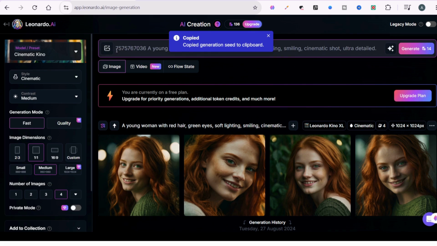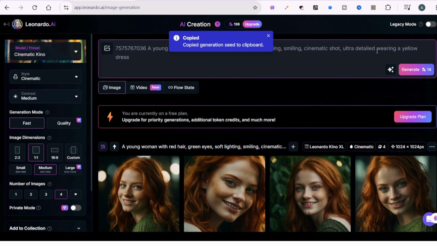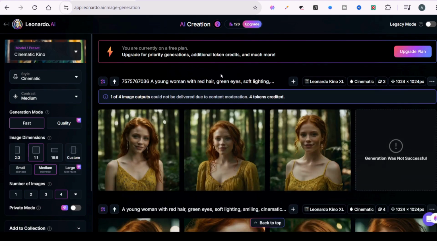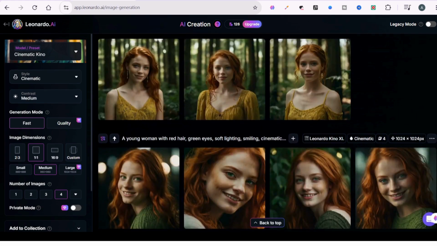Let's try this. I paste the same seed into a new prompt but tweak the settings slightly. Same woman, red hair, green eyes, wearing a yellow dress, standing in a forest. The woman is the same, but we are saying that she is wearing a yellow dress and is standing in a forest. Result, you get someone who resembles the original, even though the background and clothes changed. It's not perfect, but if you don't need pixel perfect consistency, like for animations or stories, this is a free and token efficient method that gives you a stable look. Also, if you add more fixed details like earrings, freckles, braided hair, or even specific outfits, you will get closer